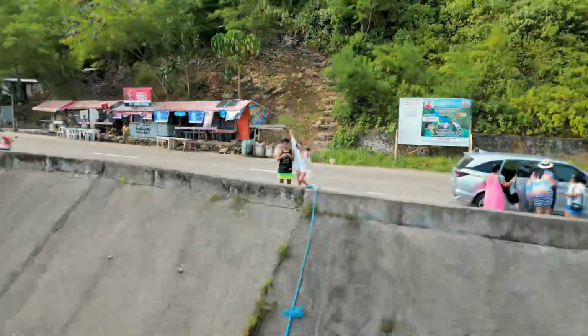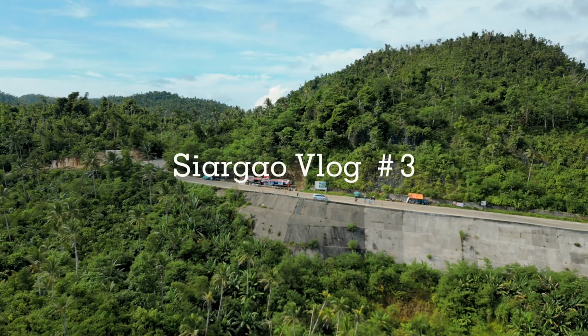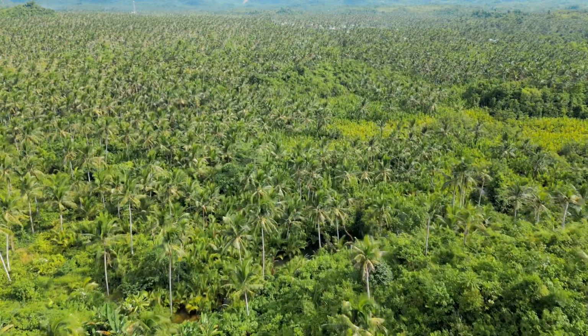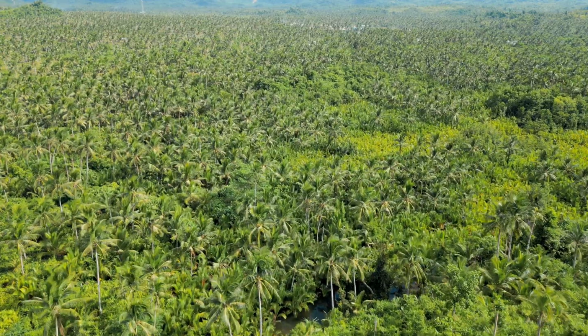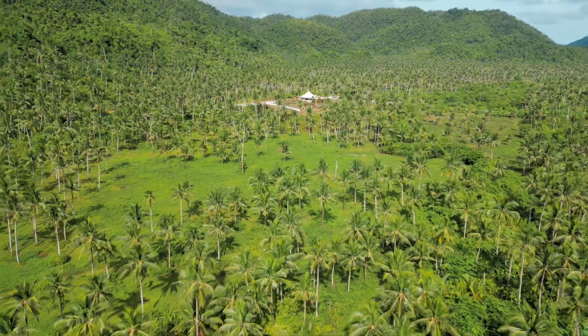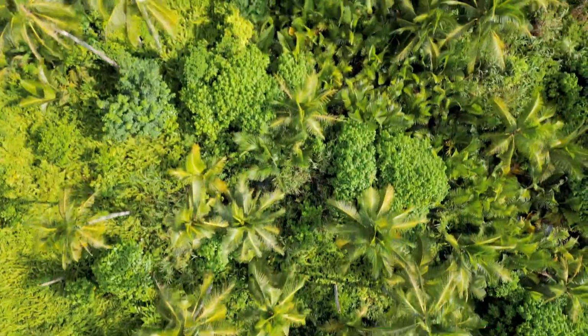We are back with part 3 of my Siargao series, also known as Day 3. And we are diving straight in with a quick morning land tour with just me and JM exploring on our own. We have to check out from our first accommodation in 2 hours, so this is going to be a very brief sightseeing activity. Anyways, we started off with the Coconut View Deck Forest, which is a tropical paradise that